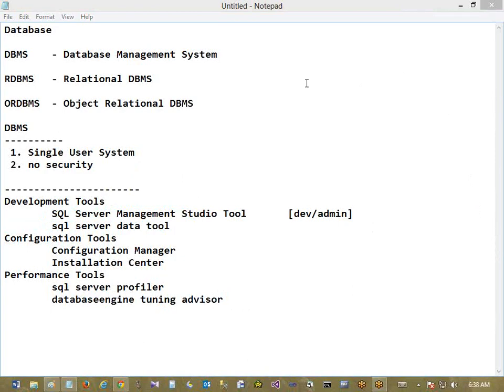The configuration tool will be used to control different services of SQL Server. And Installation Center will be used for upgrading SQL Server service packs, new installation of SQL Server, repairing an already installed SQL Server, and adding additional features to SQL Server. Such activities we do using that